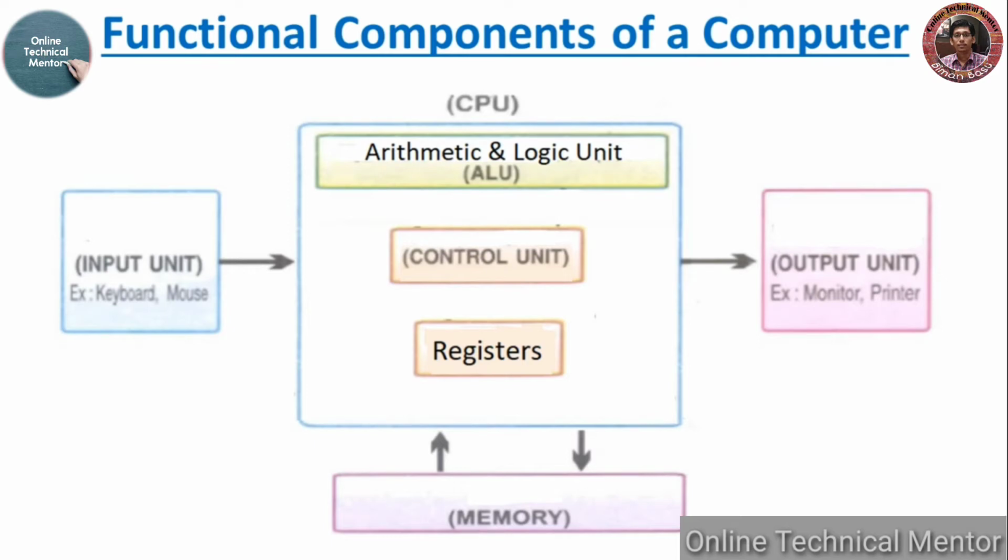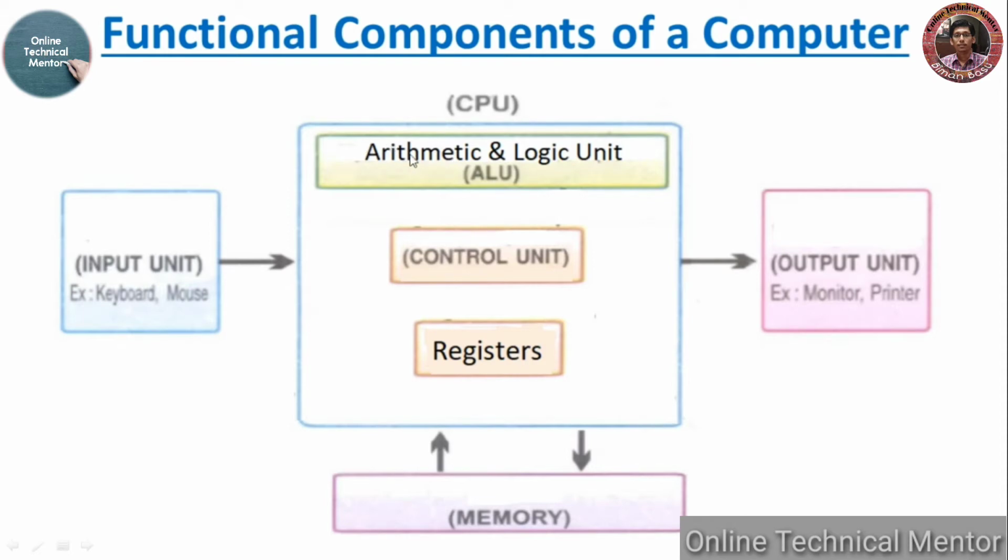CPU interacts with the memory. So the data within the memory may come into the CPU or the processed data may be stored within the memory. So I have drawn a bidirectional line in case of CPU and memory. Look at the left hand side. This is the input device. Whatever data we send through input devices will first go into the memory. Then those data will be fetched by the CPU. So in the simplest manner, I have just pointed the arrow from input device to CPU. In the same way, the processed data may be sent to the memory or to the output device.